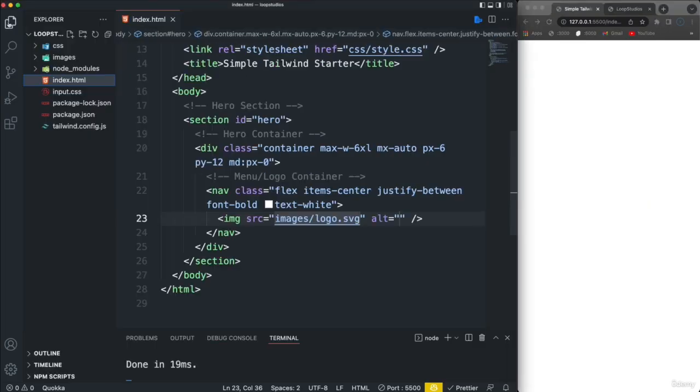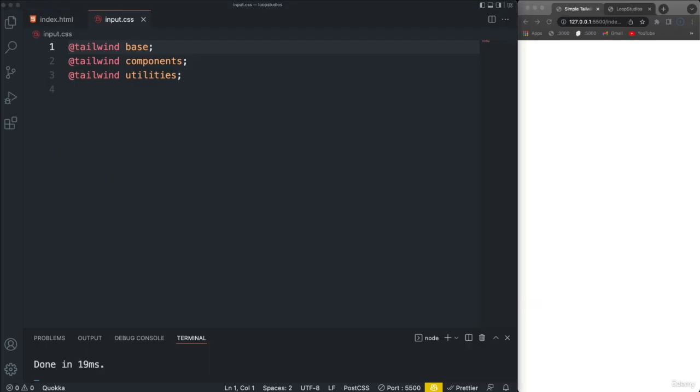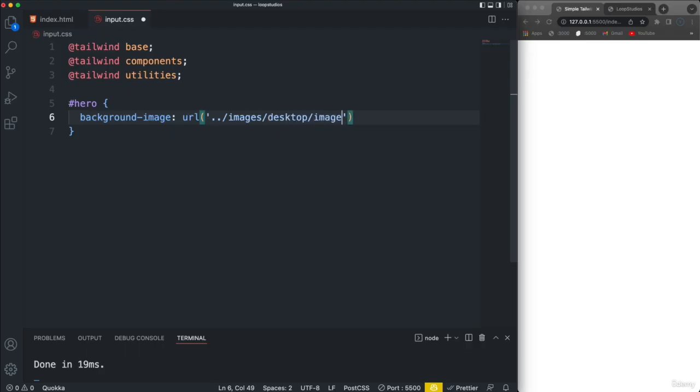So that's actually going to be some custom CSS in our input file here, and kind of like we did in the clipboard project. So we'll just grab, we're going to put it on the hero, so we can just grab it by the ID, or if you want to put a class on it, you can. And then let's do a background image URL, and there's a desktop and a mobile version. So this is going to be the desktop. So ../images/desktop/